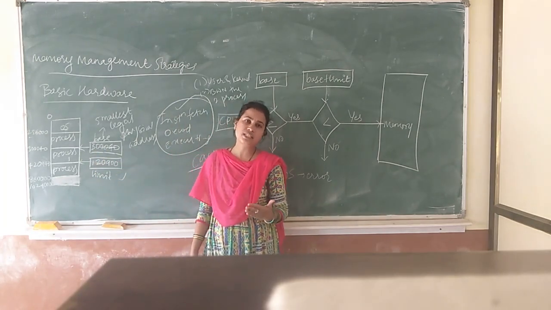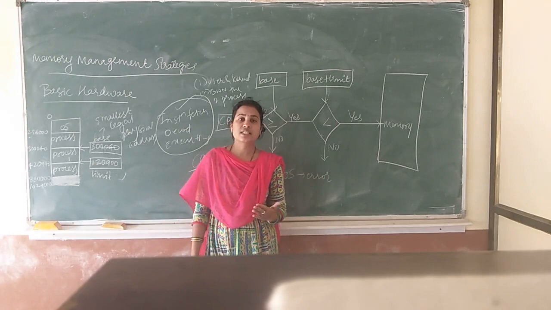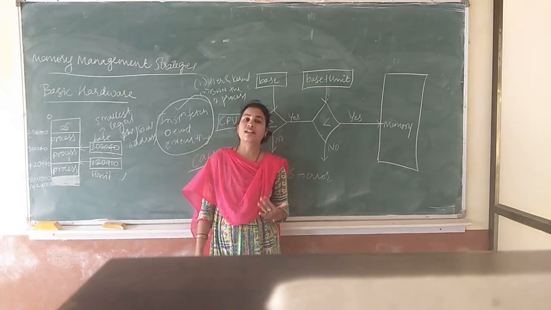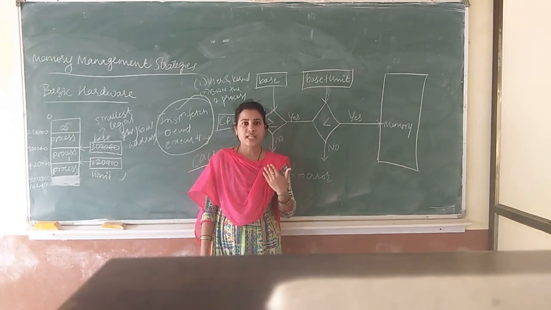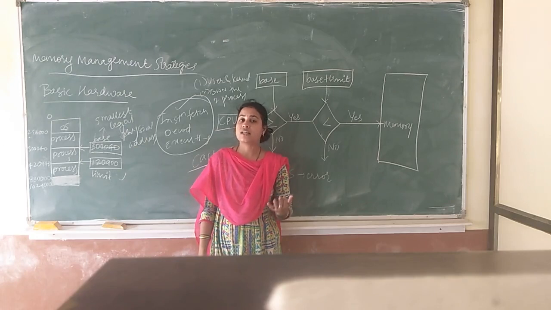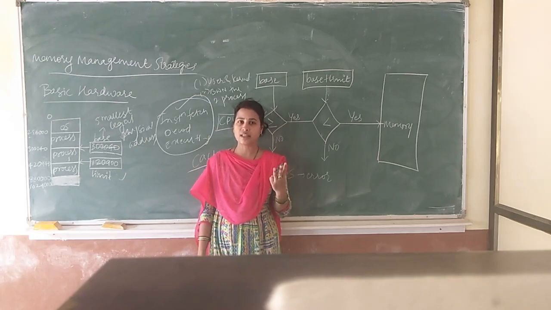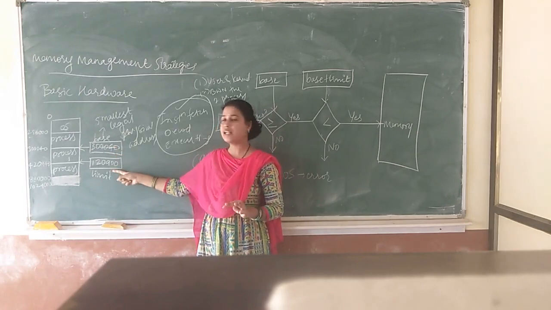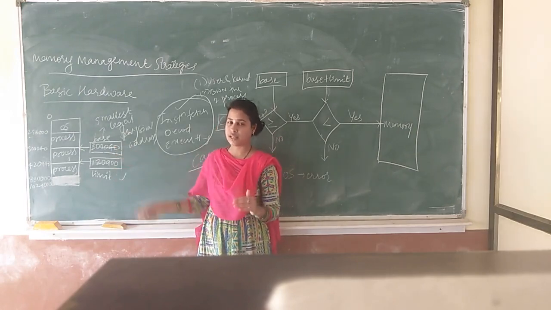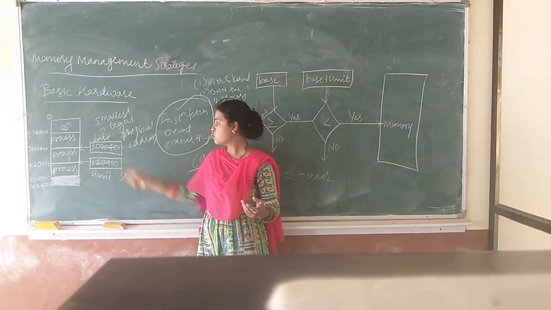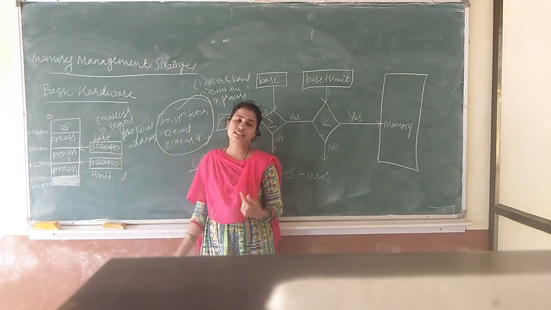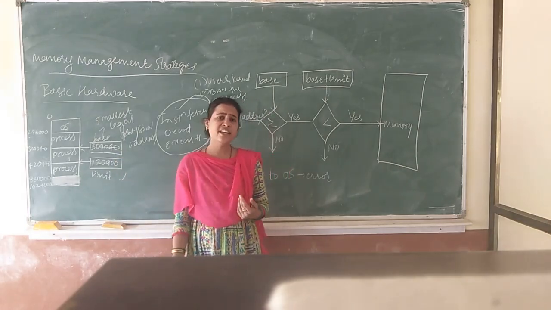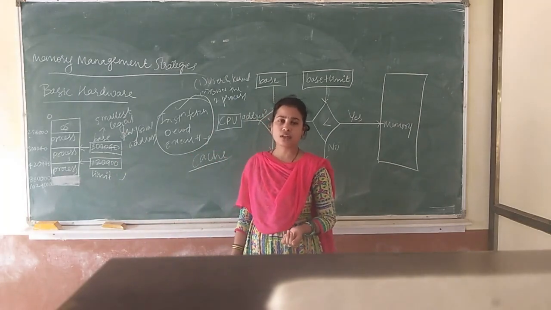It is just like a very simple example. Your exam is starting at 9 o'clock and you are having 3 hours to write the exam. So what will be its ending time? 12 o'clock. So 9 o'clock is your base, 3 hours is the limit. So what is your ending time? 12 o'clock. What we are adding here is nothing but your final address which you are going to use.